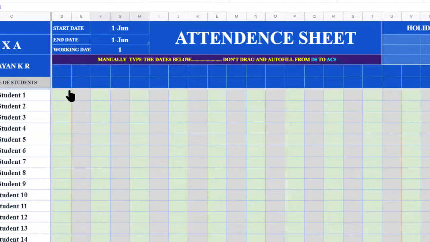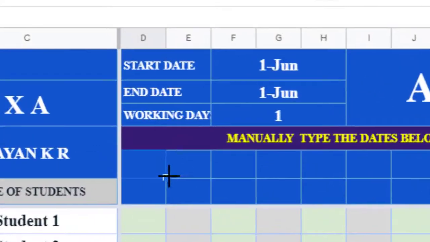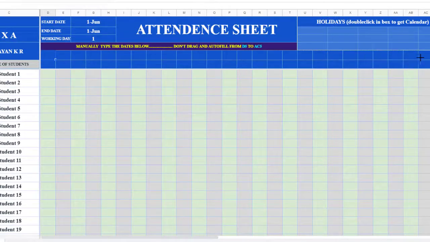Now what we have to do is type this data validation formula in all these cells. It is very difficult, so we have to drag this formula. How? Select this cell, in which we have typed the data validation formula. Then you can see one small square in the corner. Click and drag from there to here. So we copied the formula to all cells.